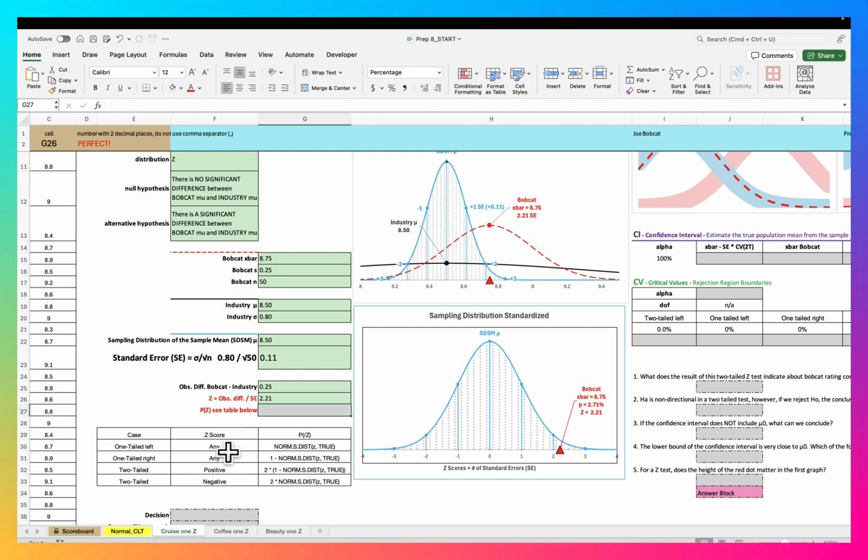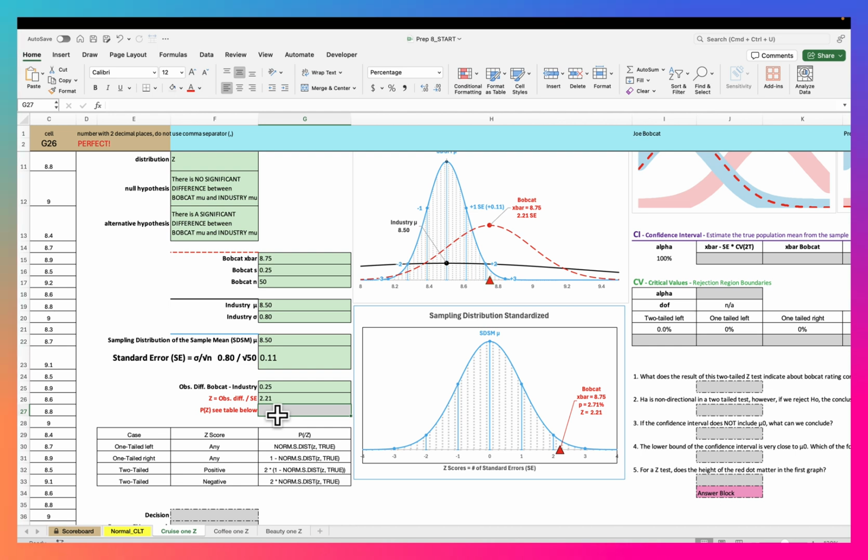All right, now let's calculate the probability of that z-score. And for that, we're going to use this table here, which is going to help us. Now, you could challenge yourself. In fact, I'd actually recommend that you try to challenge yourself so that you figure out which of these variations to use, or you can just look at the table. So in our case, we have a z-score which is positive, and it's a two-tailed test, so the formula is going to be 2 times 1 minus